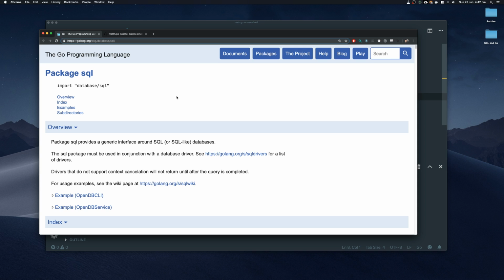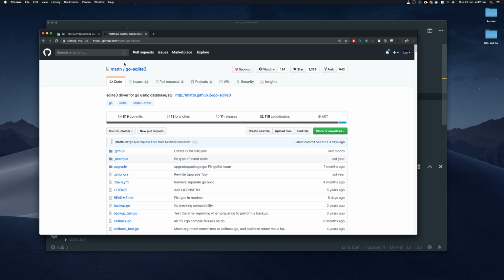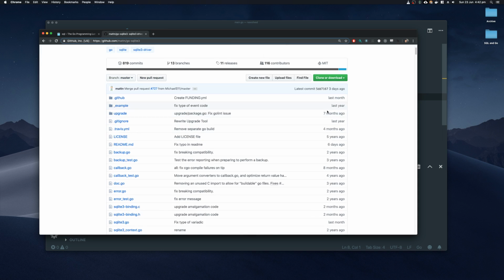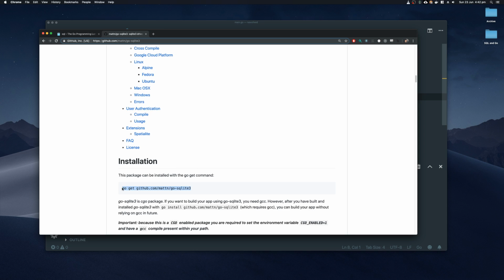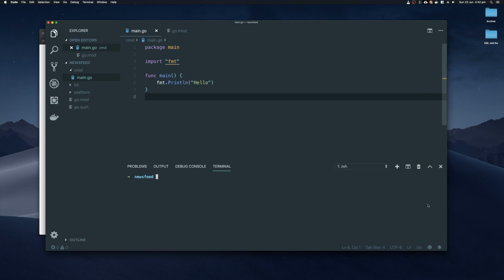So we'll be pairing this up with a package. This package here is the database driver for SQLite 3, and it's simple enough to install. All you have to do is go get it. So here's our project that we created earlier. I'm going to get this package, and from here we're going to try to connect or create